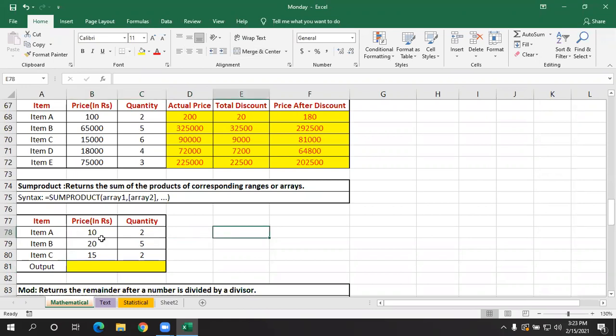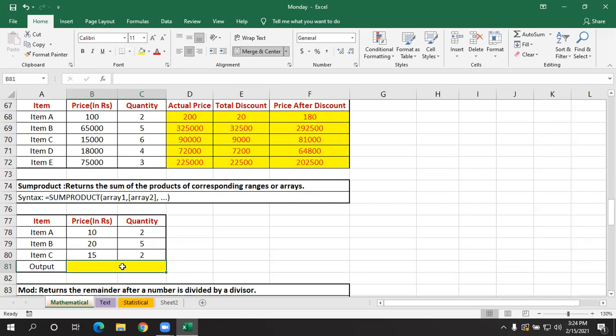Let's say item A. Here it will first perform the product and then the sum. Before going to that, let me tell you what is meant by array formula.